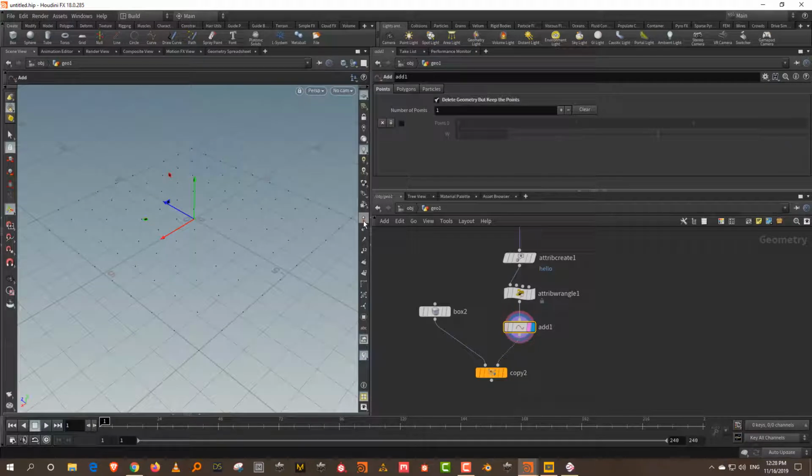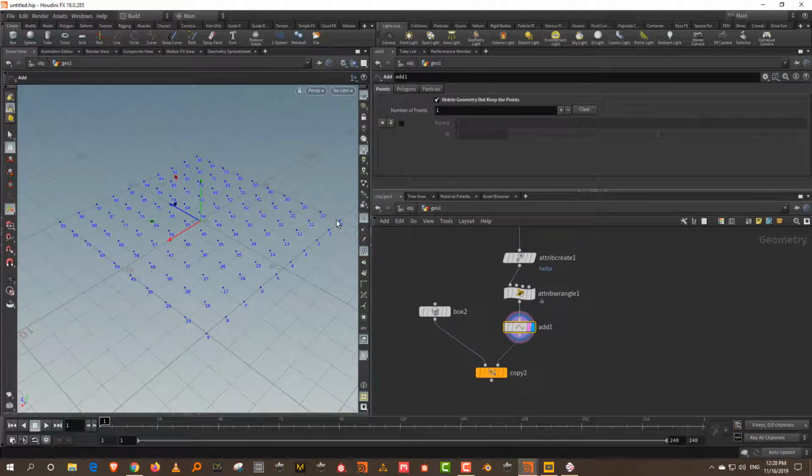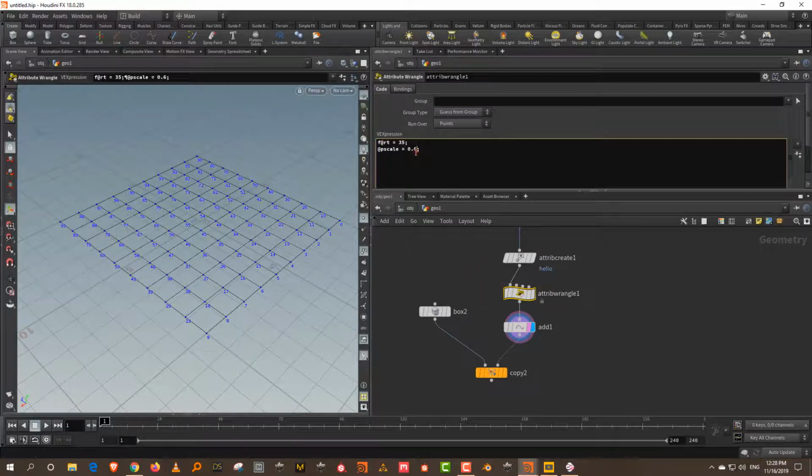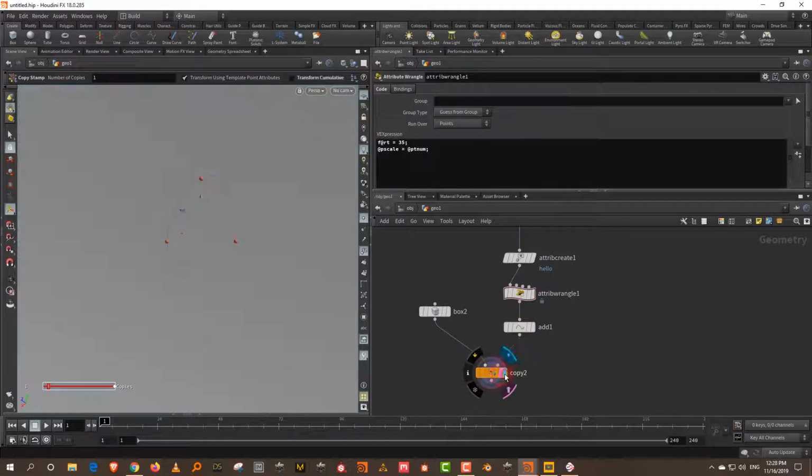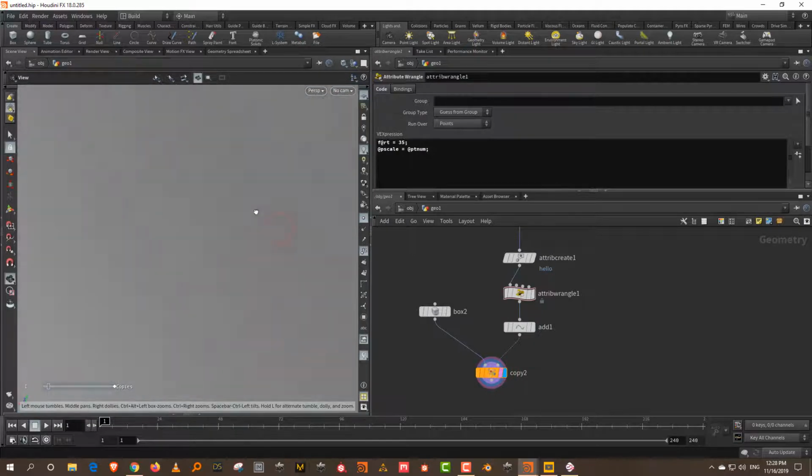Essentially that means point number 0 will scale to 0, point number 1 will scale to 1, point number 2 will scale to 2, something like that. So I can just take this and say @ptnum, which is the point number. Now if you come to the copy, you'll notice that it gets really big.